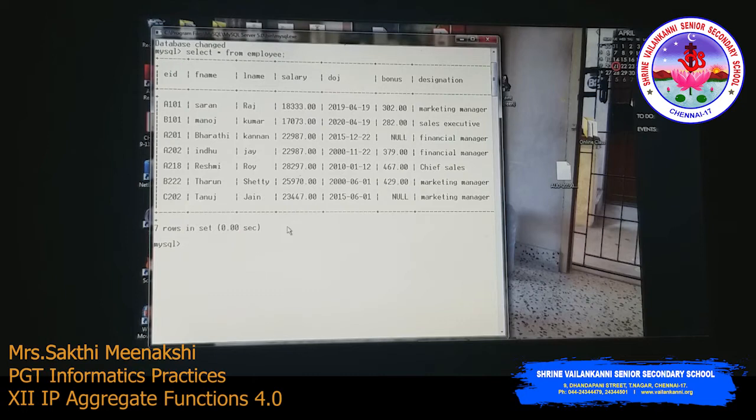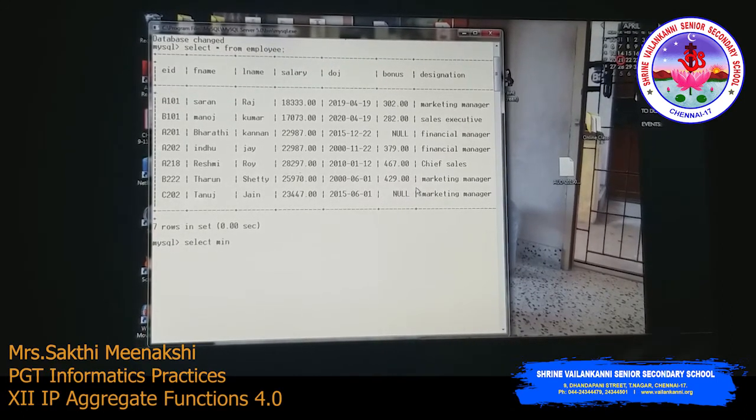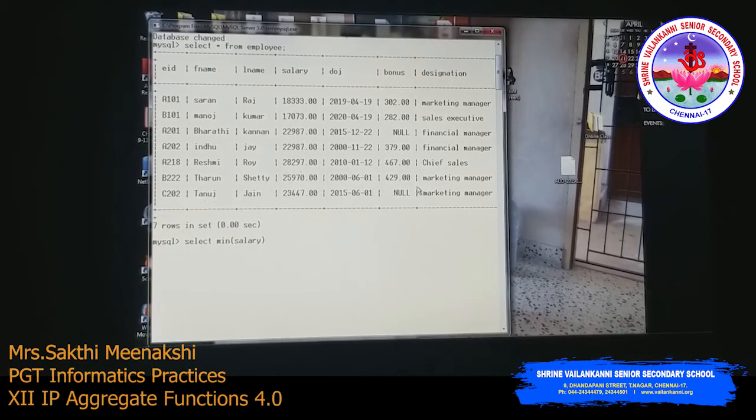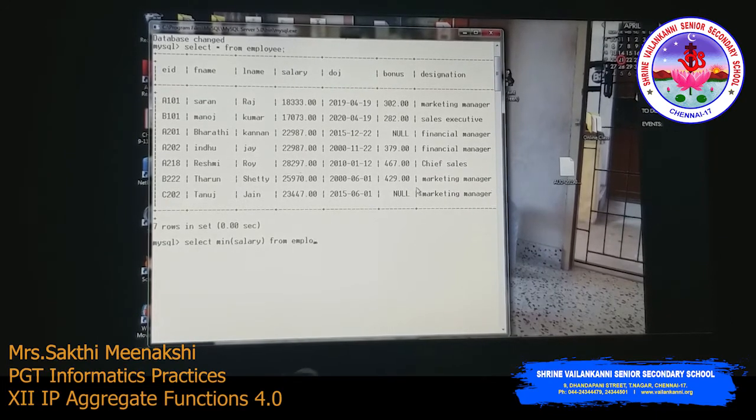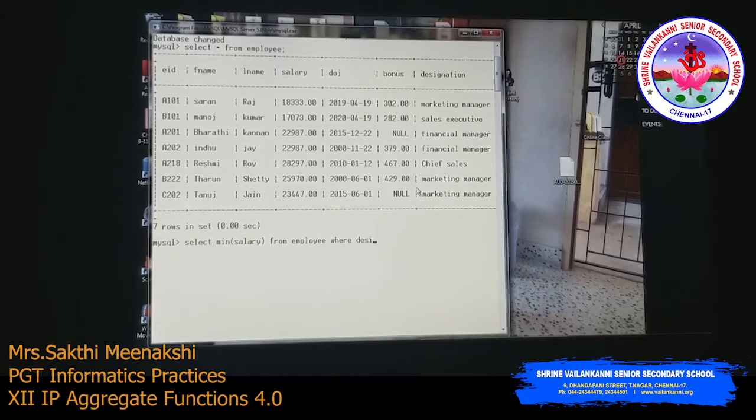Our next query, we have to find the minimum salary of a marketing manager. We have 3 marketing managers, so we are going to find the minimum salary of a marketing manager. So we have to use select min of salary from employee where the condition is designation equals to marketing manager.